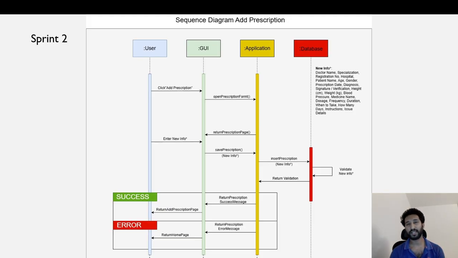You can see the user, GUI, and database, and how the flow will be. Here I have mentioned the new info fields, the things we are going to enter: doctor name, registration number, hospital, patient name, age, gender, prescription date, diagnosis, signature, verification, height in centimeters, weight in kg, blood, dosage and frequency, duration, when to track, how many days, and